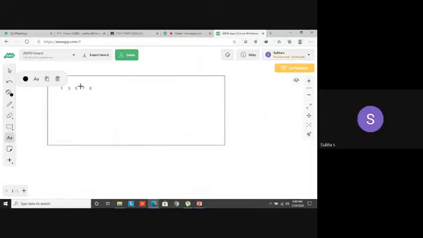So your n value is 5. I want to insert the element at position 3, k equal to 3. The element to be inserted is 201. Let's take it randomly. Your array is A of 0, A of 1, A of 2, A of 3 and then A of 4.